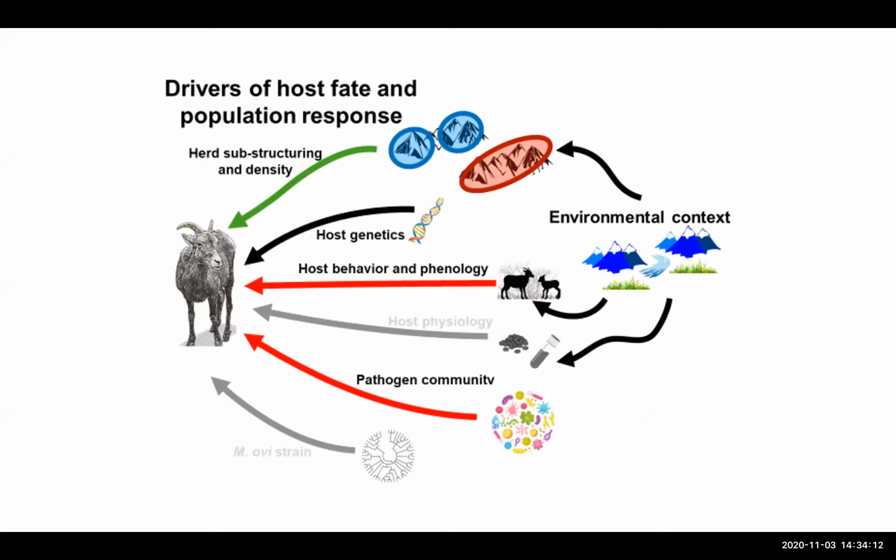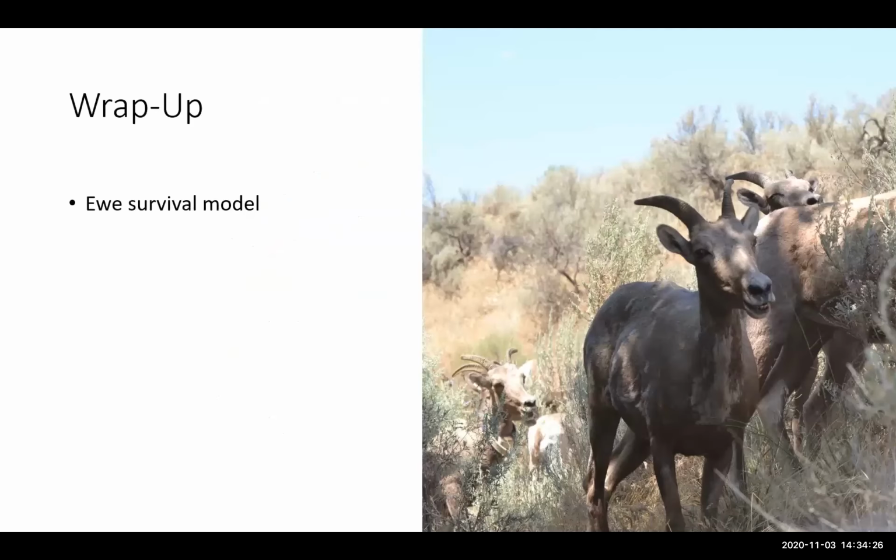And we'd like to move this model forward, better understand some of the metrics we have in here, dive into them deeper, as well as add in some new metrics, like increase our pathogen community metrics and look at NDVI for environment. We're also in the process of setting up a ewe survival model focused on our individual data that's coming out of Nevada Department of Wildlife as well. And again, looking at these post-die-off demographic responses.